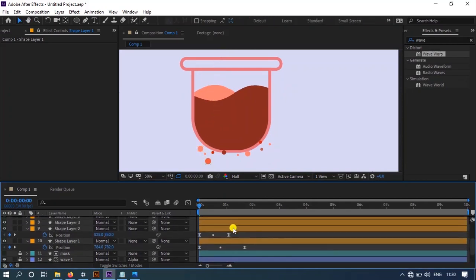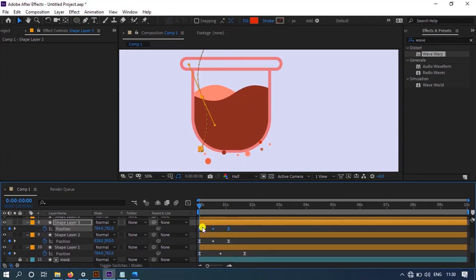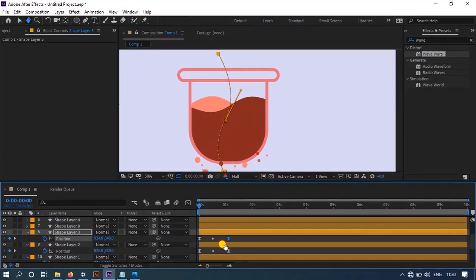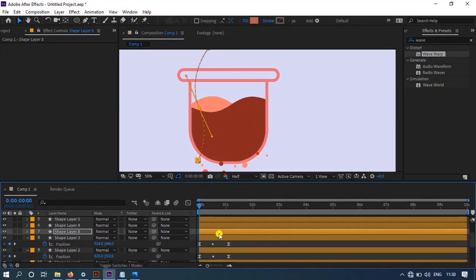Click on this ellipse and press Ctrl V, press U, you can see the keys. And now change the direction of this ellipse and change the curve also. And do the same for all ellipses.